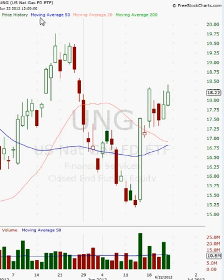I see some resistance at around 19.50 for the UNG before it might pull back, and you probably want to take profits at that point. But overall, perhaps maybe this market can continue to head higher. I don't really know, but I do know that natural gas, going forward, is probably going to be in a much longer term uptrend,